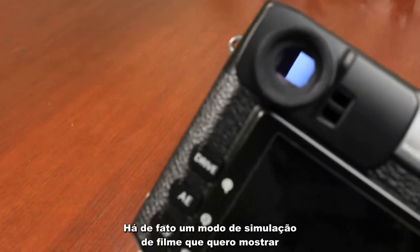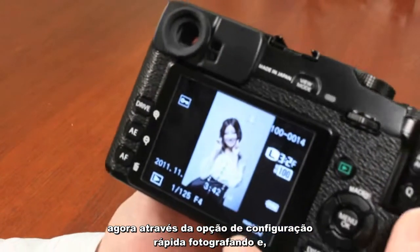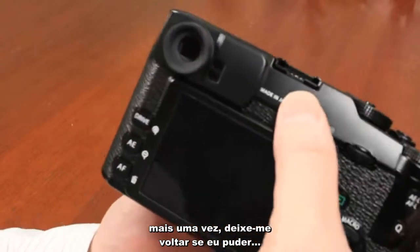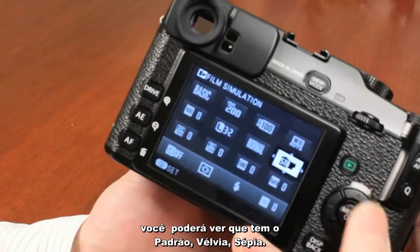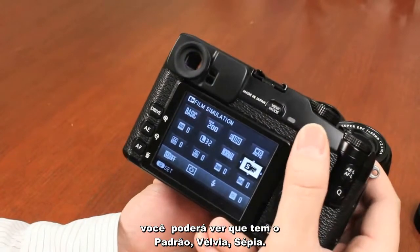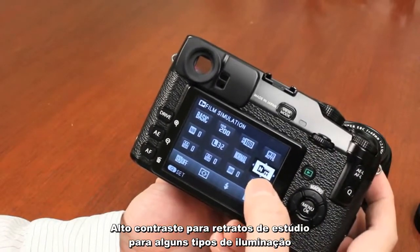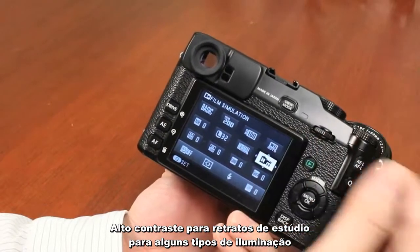In fact, there's actually a new film simulation mode that I want to show you right now. And it's, again, through the quick setting option during shooting. And again, let me just toggle back to that if I can. So I can push the Q button. And if I go to the film mode, you have your standard, your Velvia, your sepia, and you now have actually pro negative film. You got MP, actually that's MPC, which is high contrast portrait in studio for somewhat flat lighting, and you also